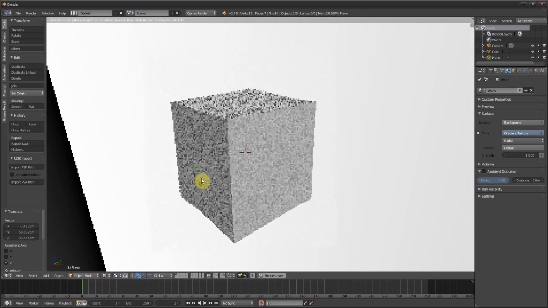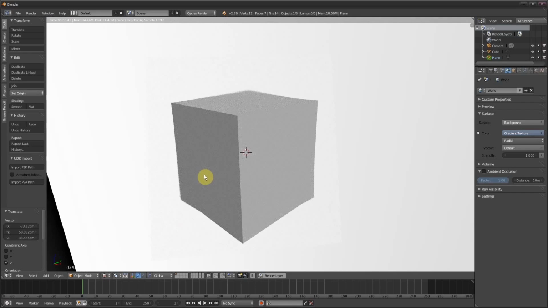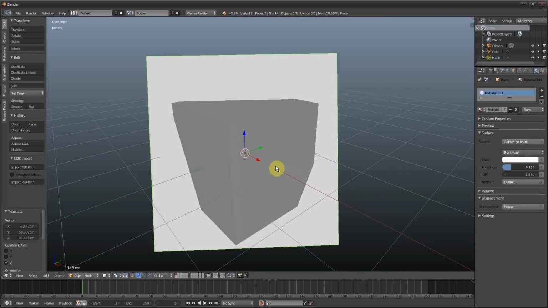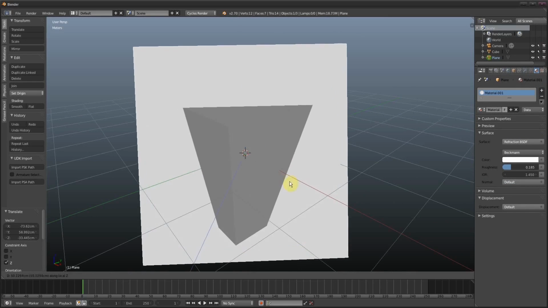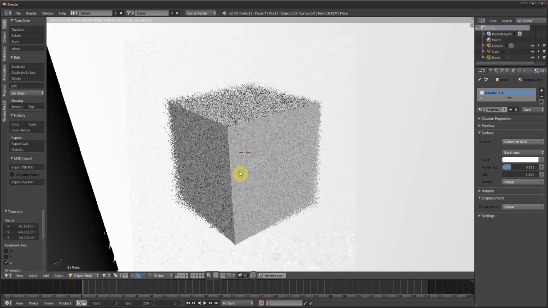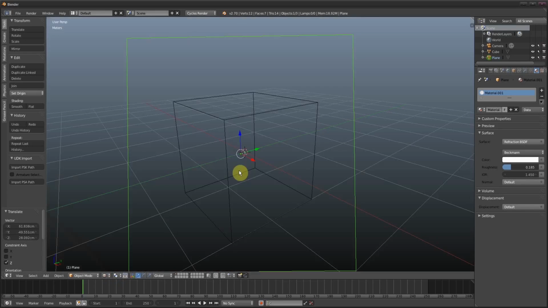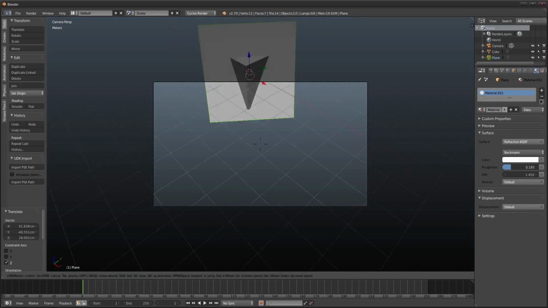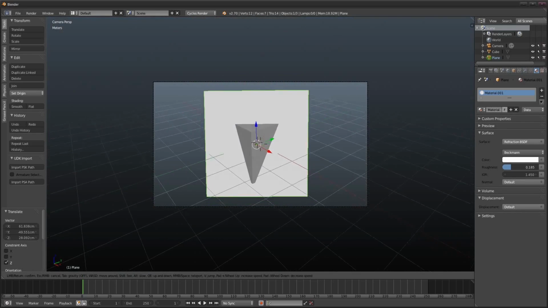But as you can see, the results are really amazing. I'm going to turn the roughness up just so we get a bit more blur, maybe move it forwards a little bit. One thing I think, I haven't really tested it too much, that's beneficial about this method is that if I